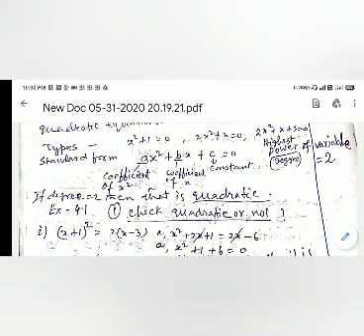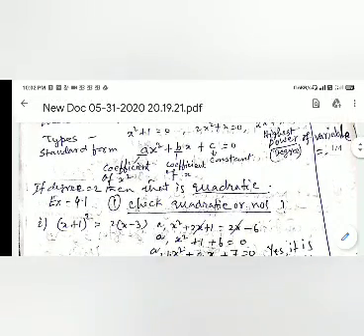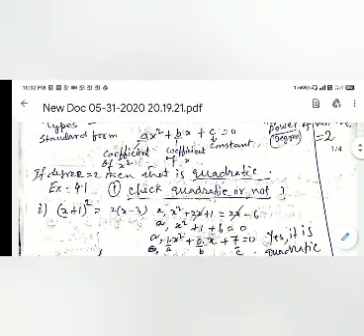Now see here, standard form ax square plus bx plus c equal to 0, and a is the coefficient of x square, b is the coefficient of x and c is the constant. It is also written that the highest power is called the degree of a variable. Here it is equal to 2, so it is a quadratic equation. Now we will go through exercise 4.1. They have asked, check whether these equations are quadratic or not.